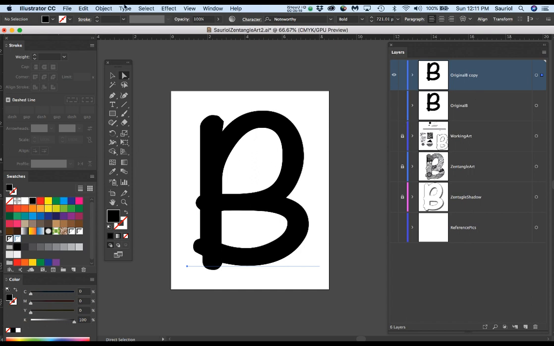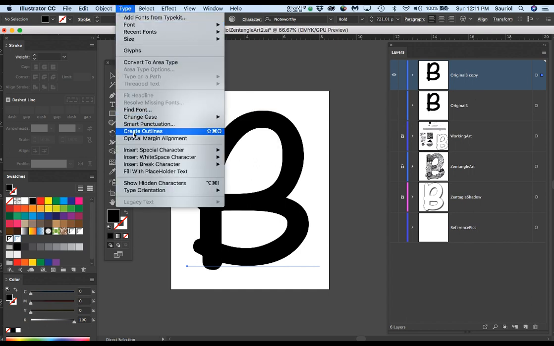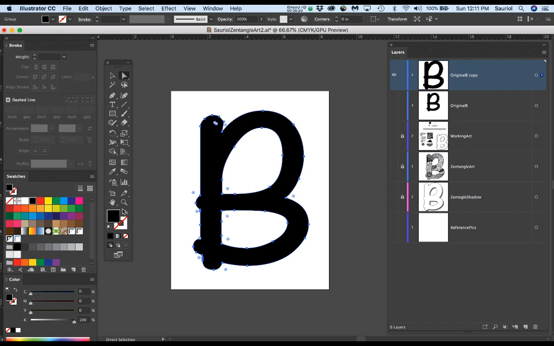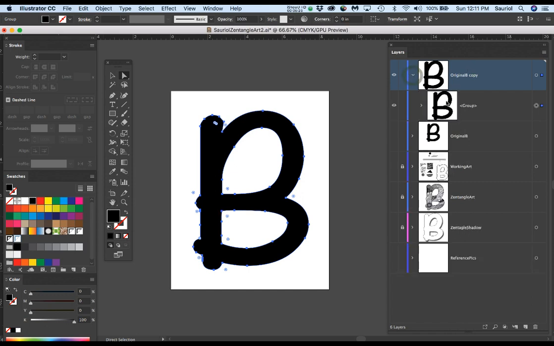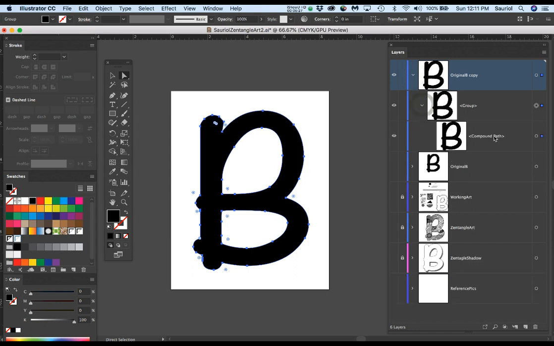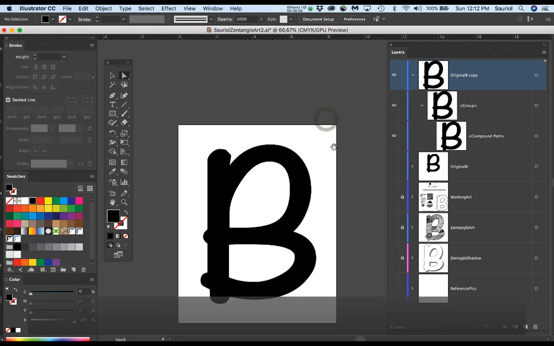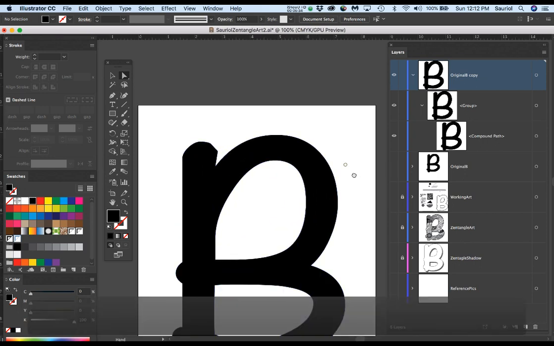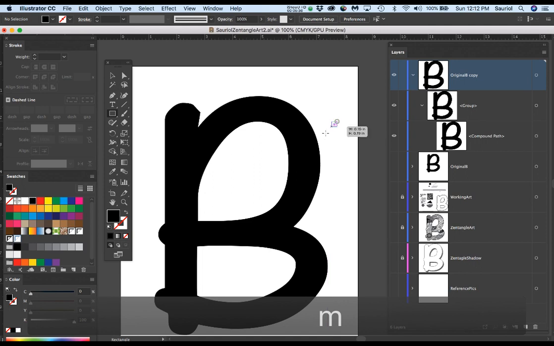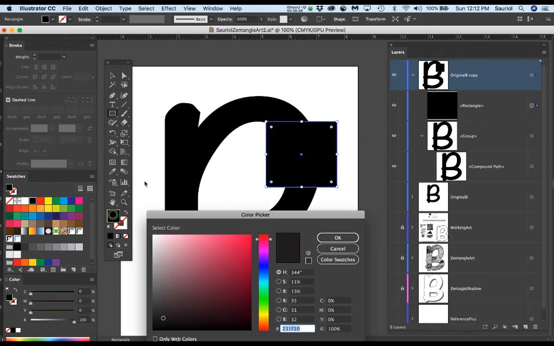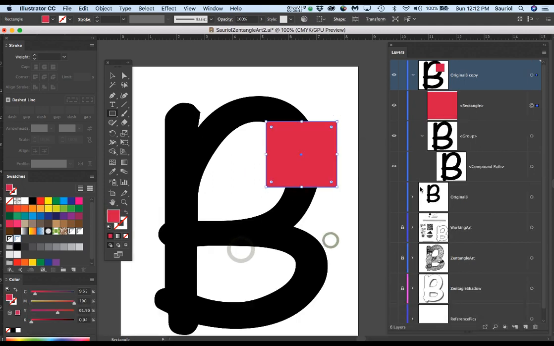Okay, so now you go up to Type and Create Outlines. Now in creating the outlines, I'm going to just immediately quickly flip, but I want to open this up first and remind you in this group what a compound path is. A compound path is something that actually has transparency to it. So if I hit the M key and just make a different color on this, I just want to remind you that if I send it to the back behind my letter B, either by just moving it like this